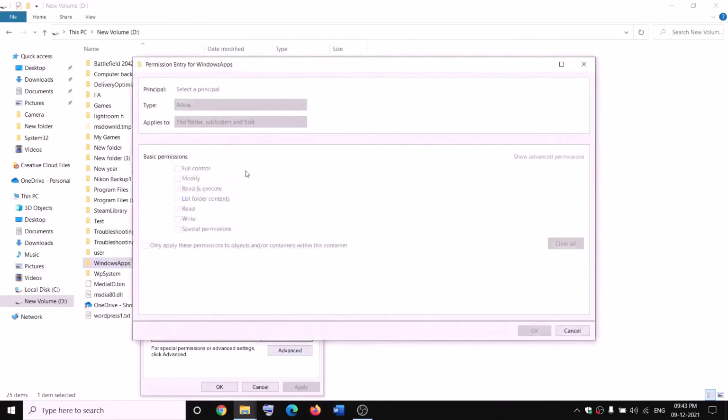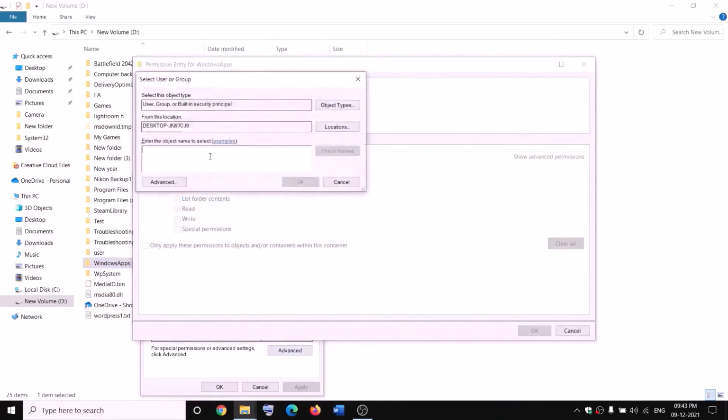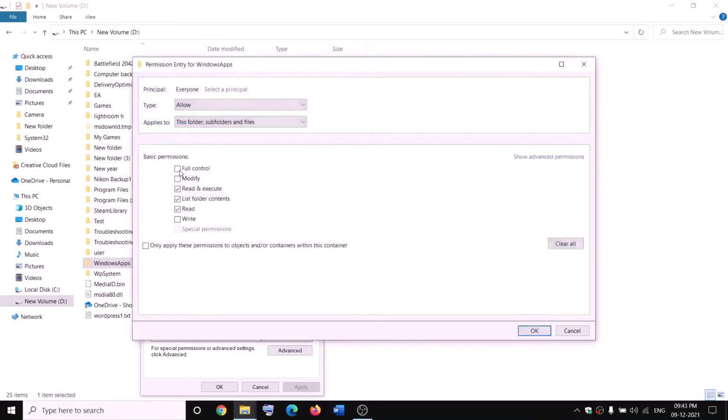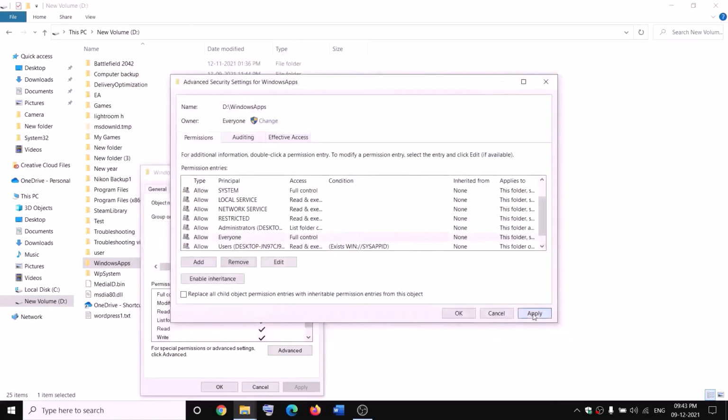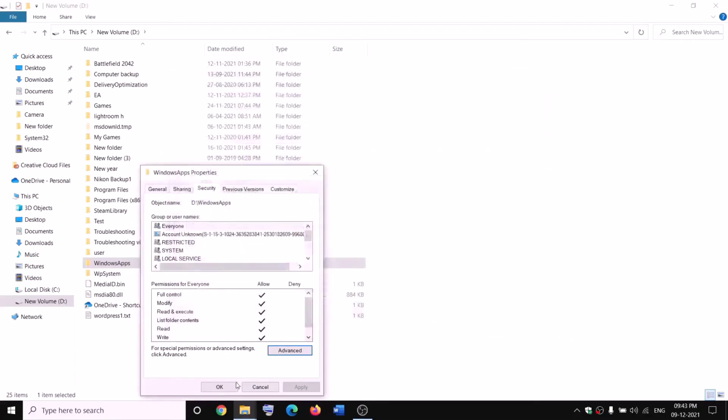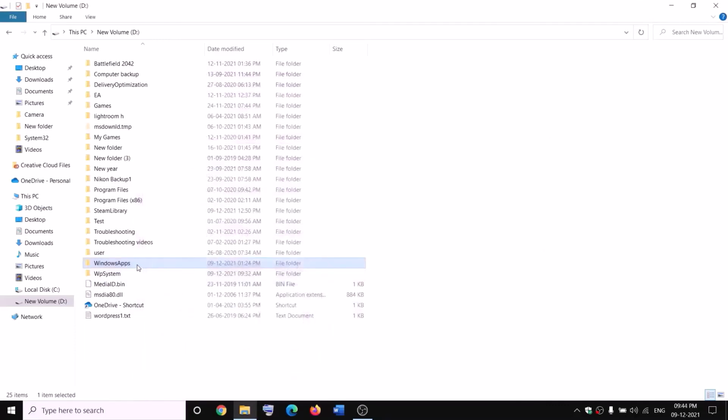click on add, select a principal, everyone, check names. OK, put a check on the box which says full control. OK, apply. OK, OK. Now make a right click on Windows Apps and then click on Rename, and then rename it as Windows Apps.old. Now while renaming it, if you receive any kind of error message which says file is